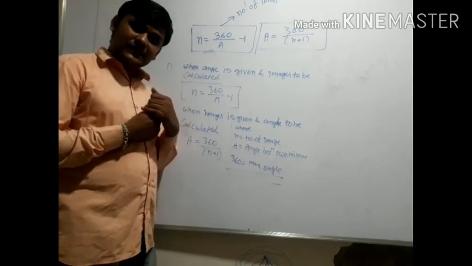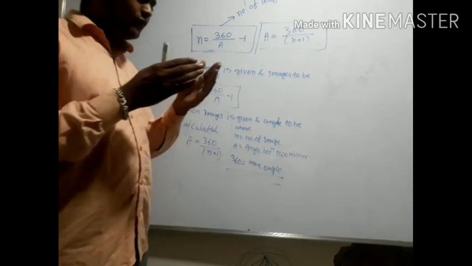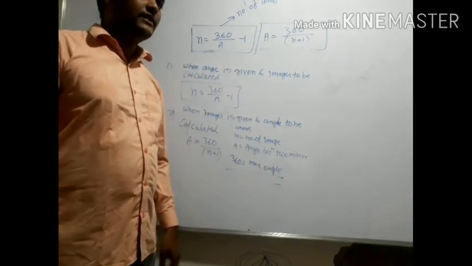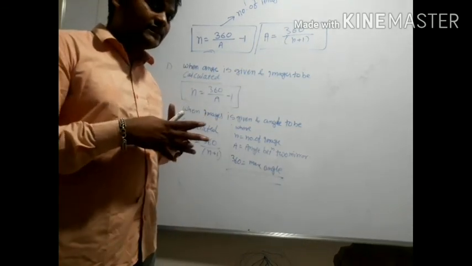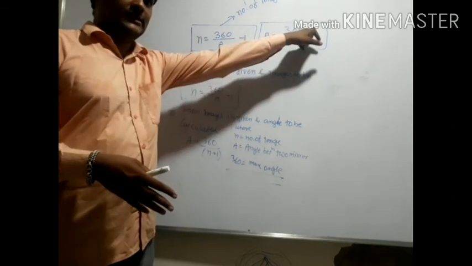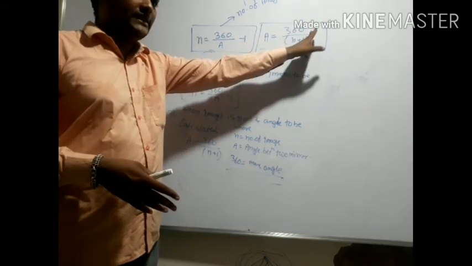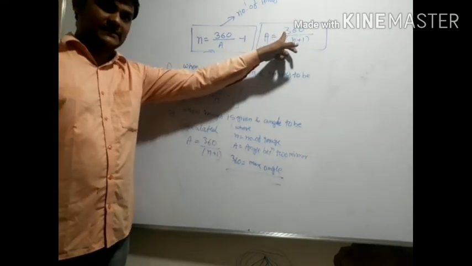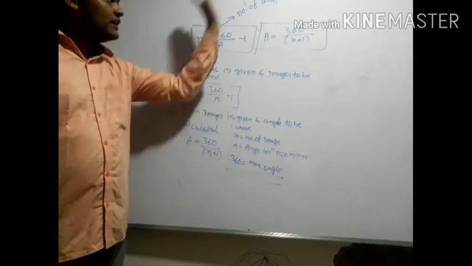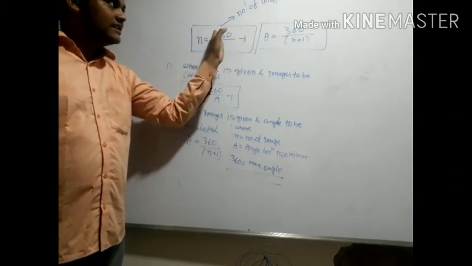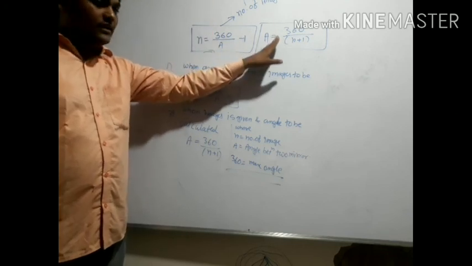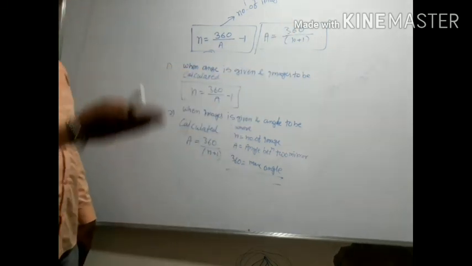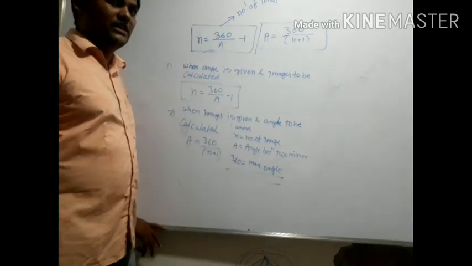Whatever angle you make between two mirrors, can it exceed 360? No, it will be counted as 360. It will not extend beyond 360. That is the only reason we have taken 360 as the max angle. In every formula to calculate the number of images, we have taken only 360, and to calculate an angle, again only 360. Okay, beta?